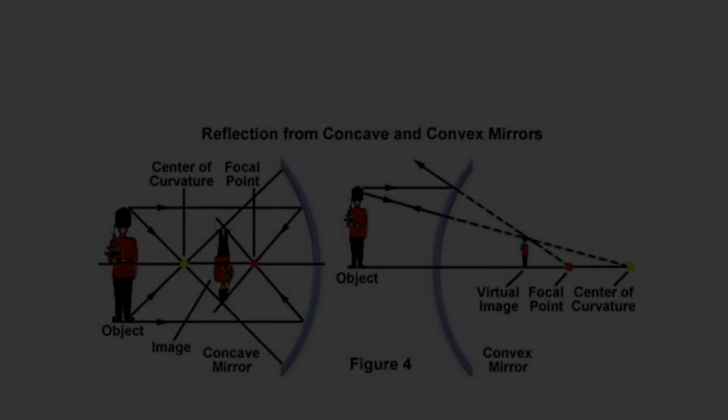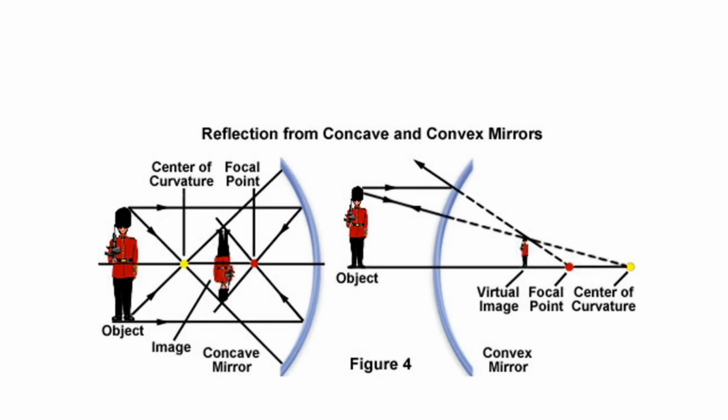Reflection from concave and convex mirror. How the reflection takes place between concave and convex mirror. See here, this is concave, that's why we are writing the images here. The images are forming here. Whereas in a convex mirror,